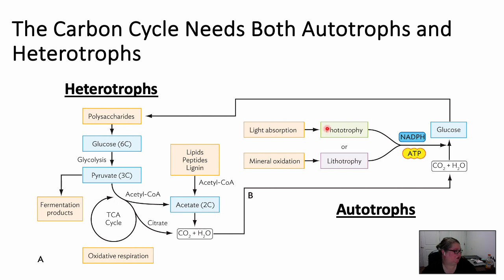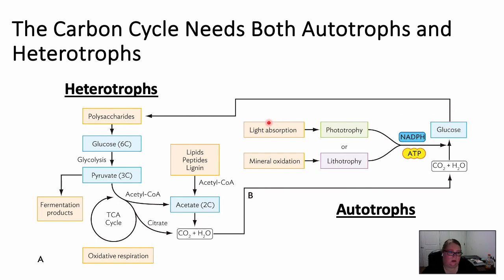So they use light energy to make glucose. We also have something called lithotrophy, where we're going to get our carbon from other places and our energy. Okay, but we're going to get our carbon source. Okay, we're going to take CO2 and water, and we're going to convert it to organic carbon compounds like glucose,